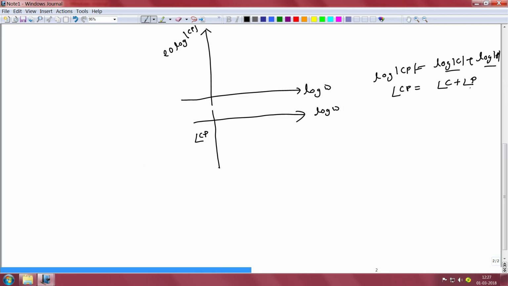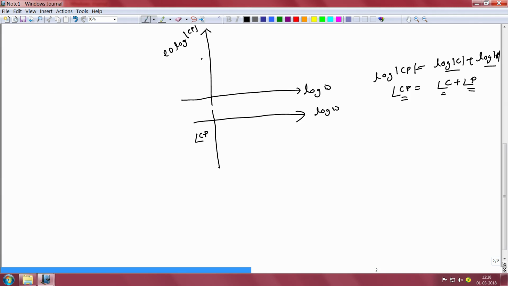Therefore, if I am given the angle of p and the angle of c, I can easily anticipate what the angle of c times p would look like. Therefore, the y axis of the magnitude plot is a logarithmic plot, because the logarithmic function transforms a product into a sum, and a sum is a more intuitive operation in terms of visualizing how the sum would be related to the individual parts. For the same reason, we have the y axis of the second plot to be simply the angle of the product itself, because the angle of the product is essentially the sum of the angles of the two controllers, namely that of c and of p.